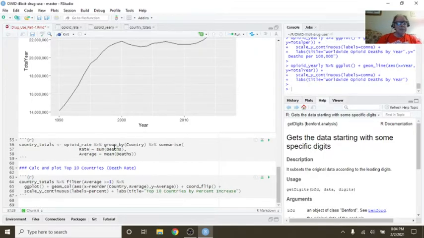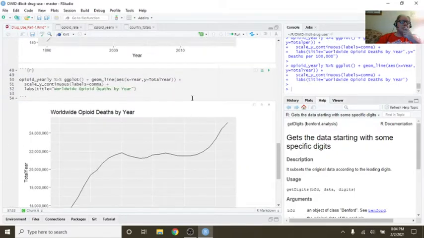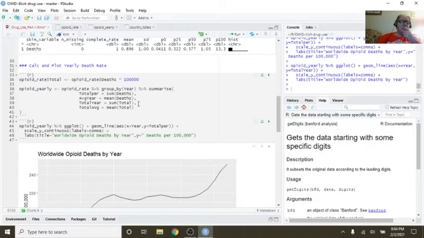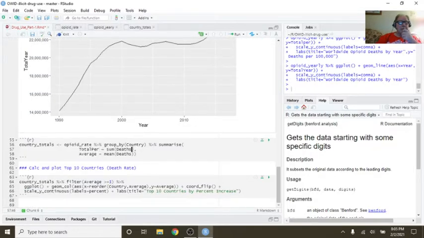summarize, per. Okay, this is going to be, I can use the same thing back up here.